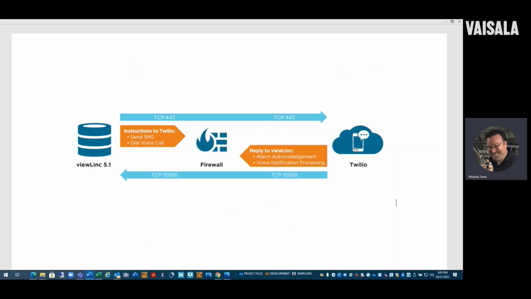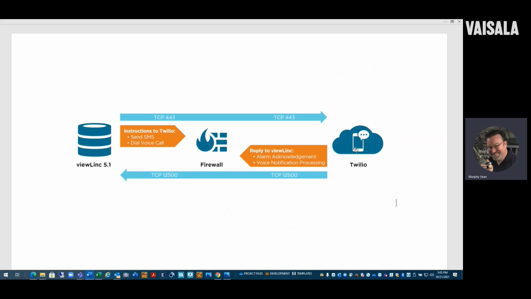If you have a situation where IT is stopping you from being able to open up port 12500, the behavior that you're going to see in the system is that ViewLink will call out to Twilio, will initiate that first telephone call, and then when you go to press the button to acknowledge and play the message, Twilio fails to make the connection back to the server to find out what that message is, and basically your whole session ends.